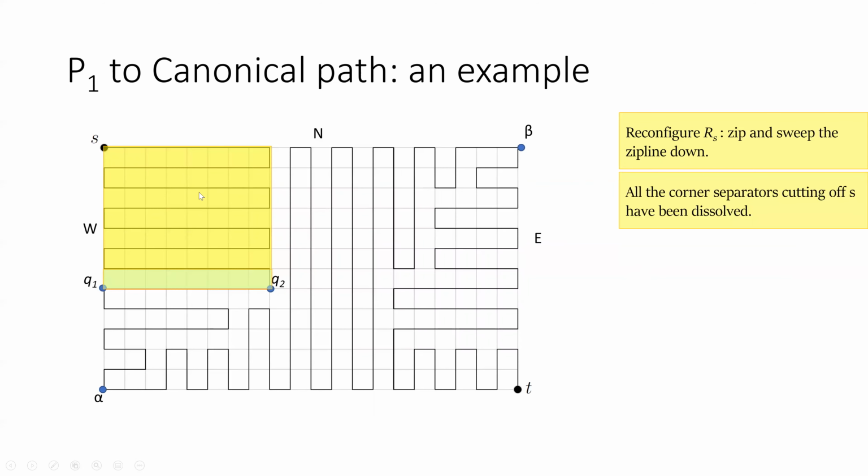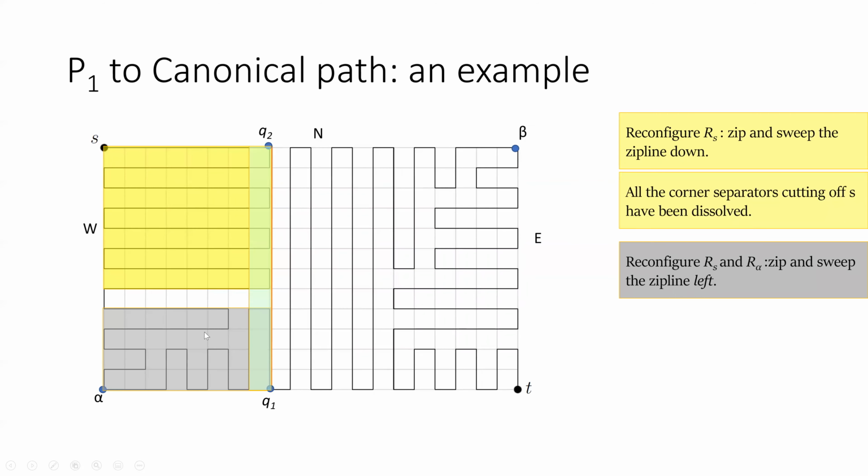So after reconfiguring this region, we reconfigure RS and R alpha together, the whole region to the left of our mid. And this time we start with a vertical sweep line, do a zip that grows a south cookie up to the maximum height, up to the north boundary, converting the south cookie to a pair of straight separators. Then we sweep, so this was where the zip line was, and then